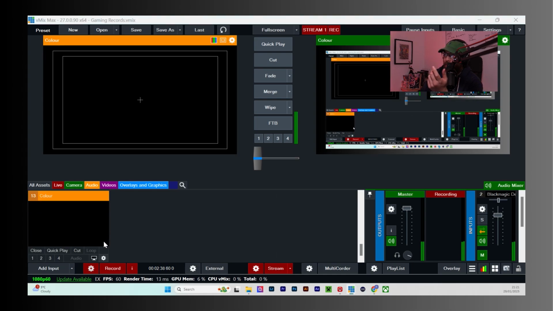And then what I would do is I'd come into it and I would choose my layers. So I'm going to build it from scratch up based on everything that I have loaded into vMix.